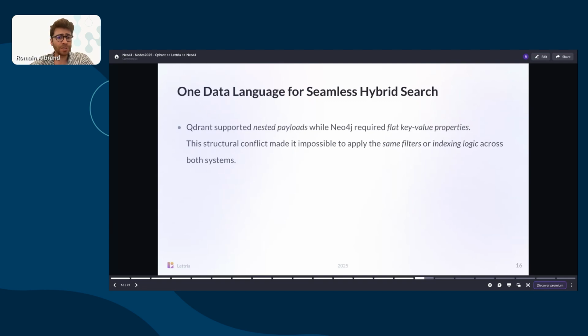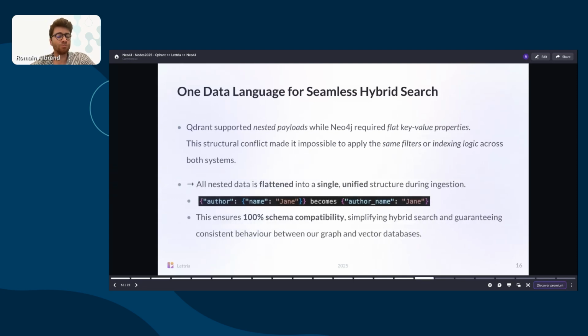There were some elements that were supported by Qdrant, but not Neo4j. An example is the nested payloads that were addressed by Qdrant. We just tried to unify this during the ingestion, by flattening the data